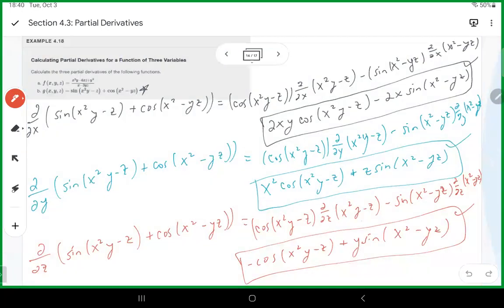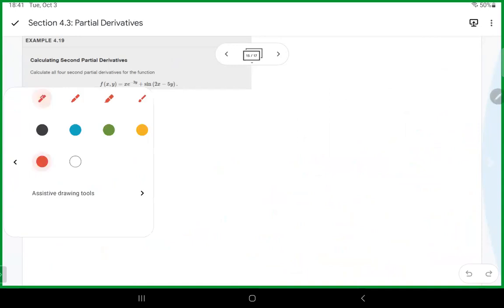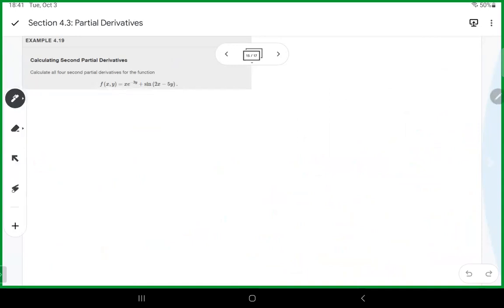Okay. All right, so calculate all four second partial derivatives for the function. Bro. Okay, we can do this. Such a gross problem. All right, so